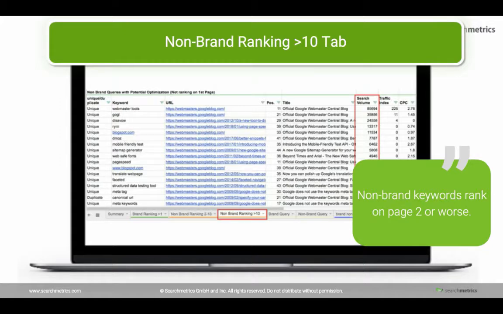Or even if there's something which is really crucial for your business and you're ranking so badly on it, like on page 2 or 3, then you should definitely do something. If it is your main non-brand keyword for your industry, and you're still not optimizing it well, then